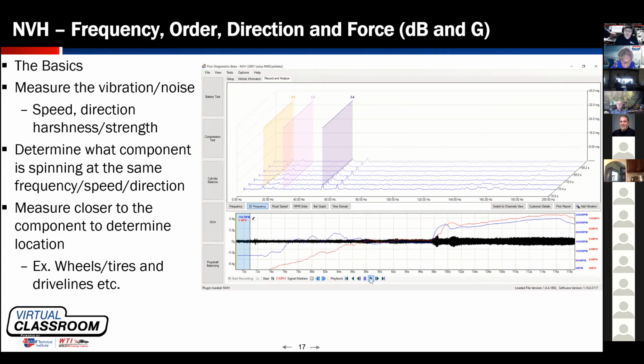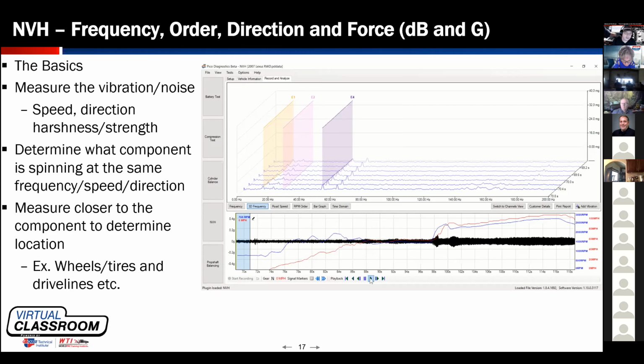Granted, you may not be able to audibly hear that vibration, or you may not be able to audibly hear that noise. The thing is, they still work on basically the same spectrum. And whether you're hearing it or feeling it, we will approach diagnostics basically the same way. And the basics of the equipment available to us today is this. If I have a way to measure, and I put this in the upper left-hand corner of your screen, the vibration or noise, and I'll call it vibrations from here on out, or heck, whatever I say, but if I have a way to measure it,